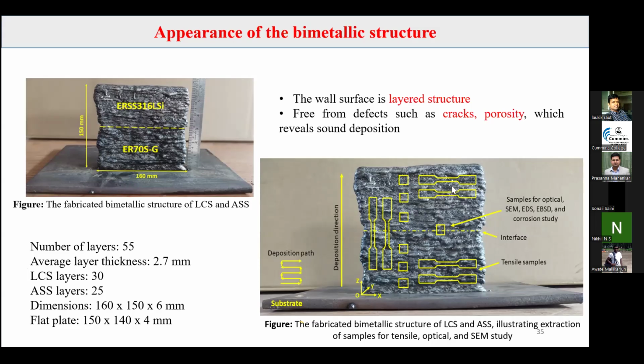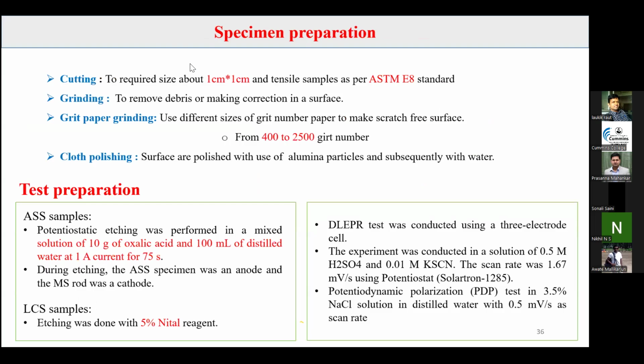Again, this is the schematic where you can see I have taken various samples from this wall. These are the tensile samples. Two samples I have taken from austenitic stainless steel, two samples from low carbon steel, and these are the interface samples. These are the samples for the optical study, SEM study, EBSD, EDS, and corrosion study. These samples were taken out from the wall. The sample size for metallurgical study is 1 centimeter by 1 centimeter, and for the tensile sample, the ASTM E8 standard